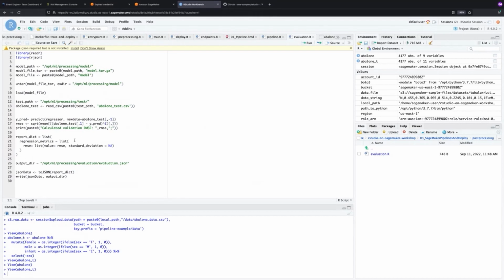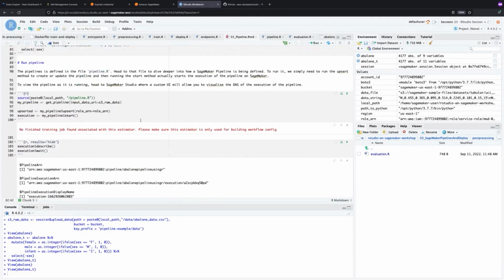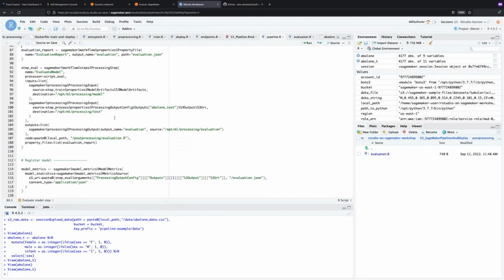Okay, so this file is computing the root mean squared error, and then it gives us the output of this root mean squared error, which we are going to evaluate in a conditional step in our pipeline with some values to decide whether our model is performing well or not. Okay. Going back to this pipeline,